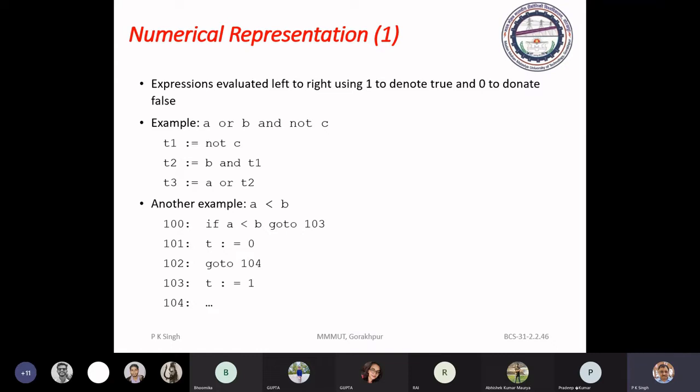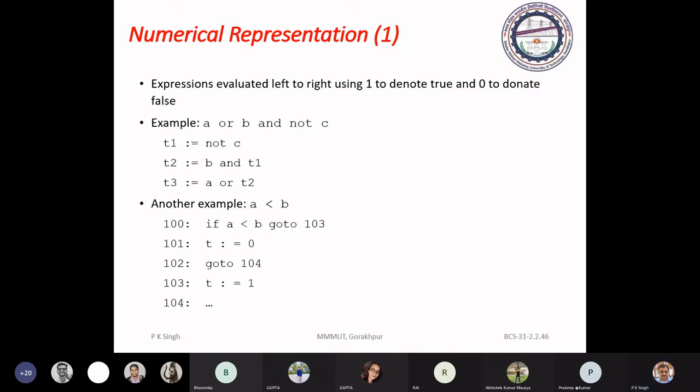In the first method, we assign a numerical value for a predicate. If it is 0, then it means false. If it is 1, then true. So we assign 0 or 1 as the numerical value for the predicate of any conditional expression.